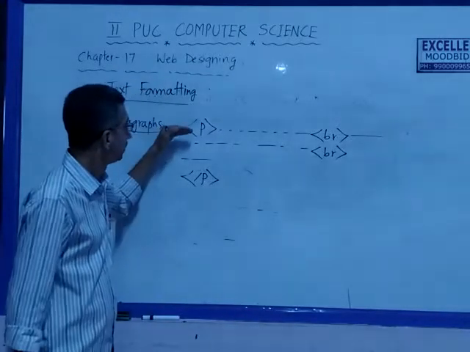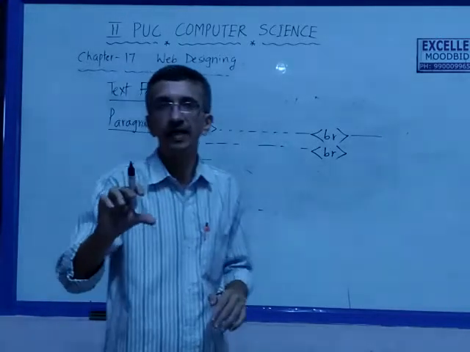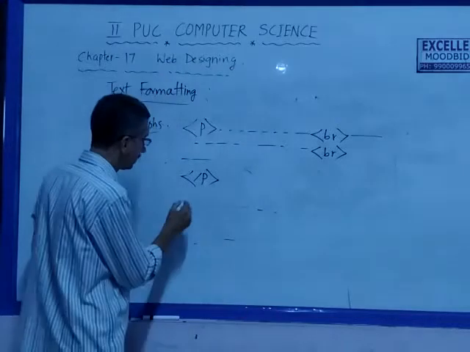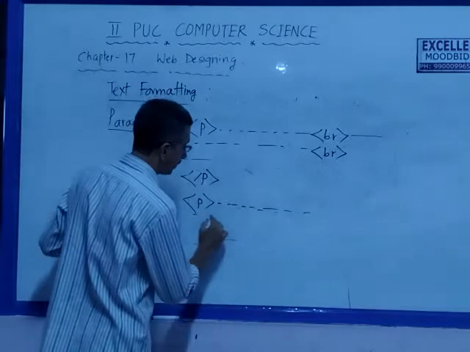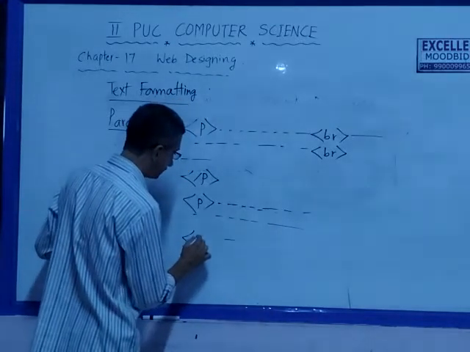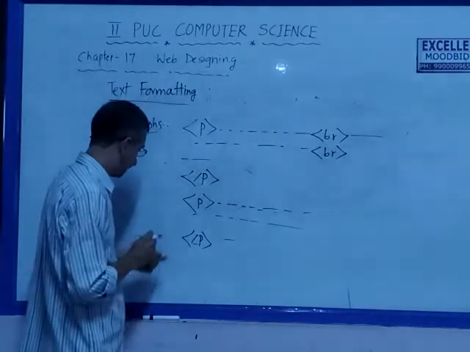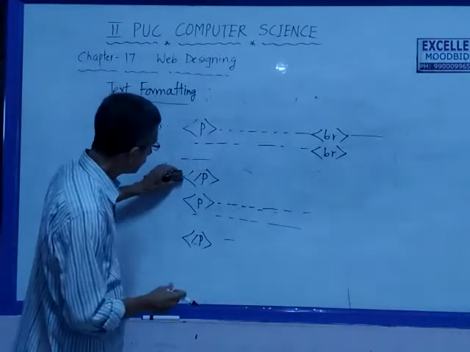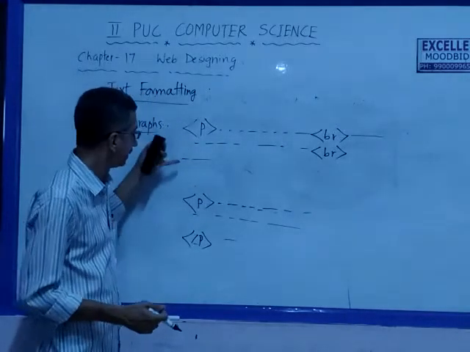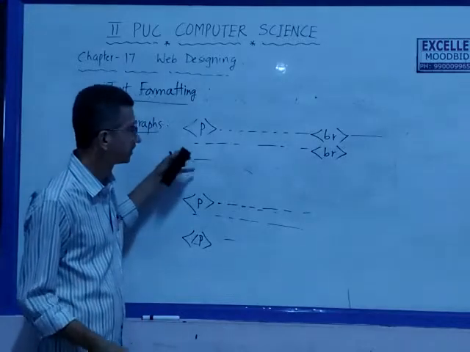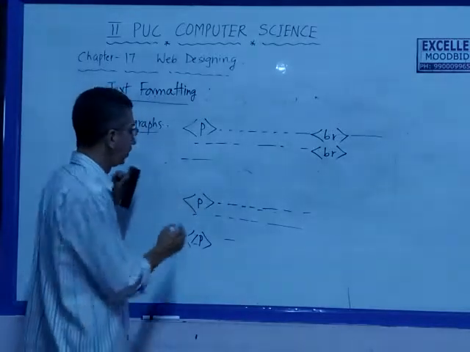So, the paragraph beginning and ending. This is a block of text which is identified as one paragraph. If you have to start another paragraph, write another pair of P, write some text here, any number of lines of text, and close P. But since close P is optional, this need not be written. If you just start another paragraph without closing the previous paragraph, it is understood that the new paragraph has started and the previous paragraph is closed. So closing P is optional. You may have it or you may not.